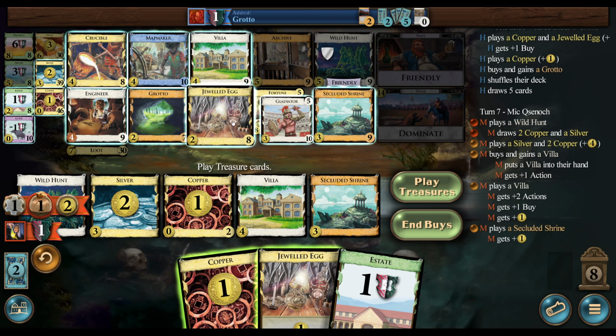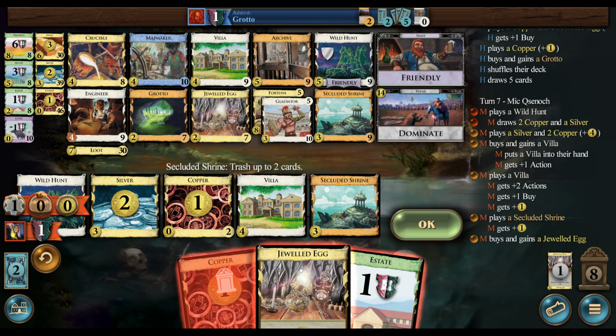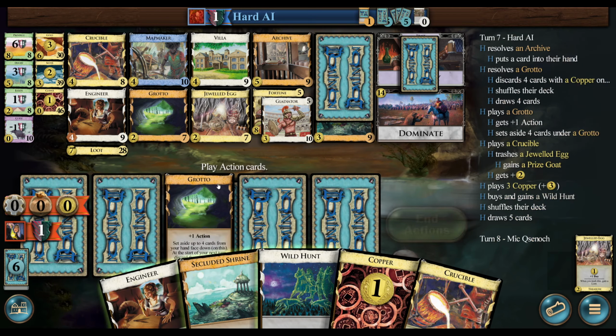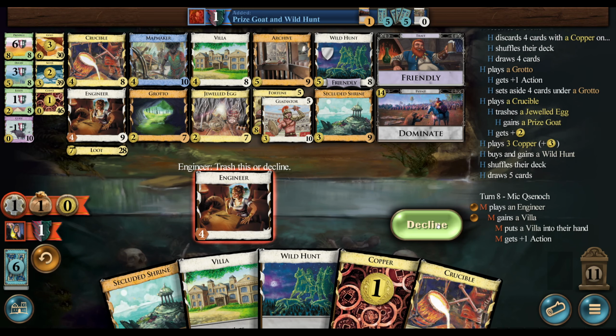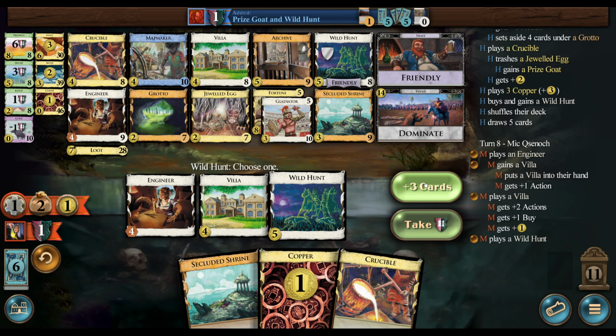We do need to buy Wild Hunts. What do we get? Sword? Sword pretty good. Sword not bad. That's okay. I'm pretty happy with the sword. I maybe should have trashed the Engineer there just to blow up the...